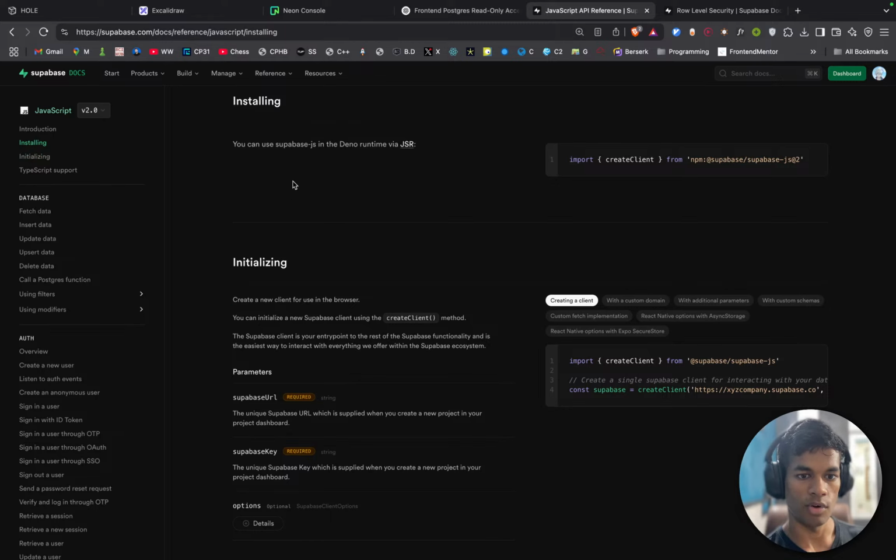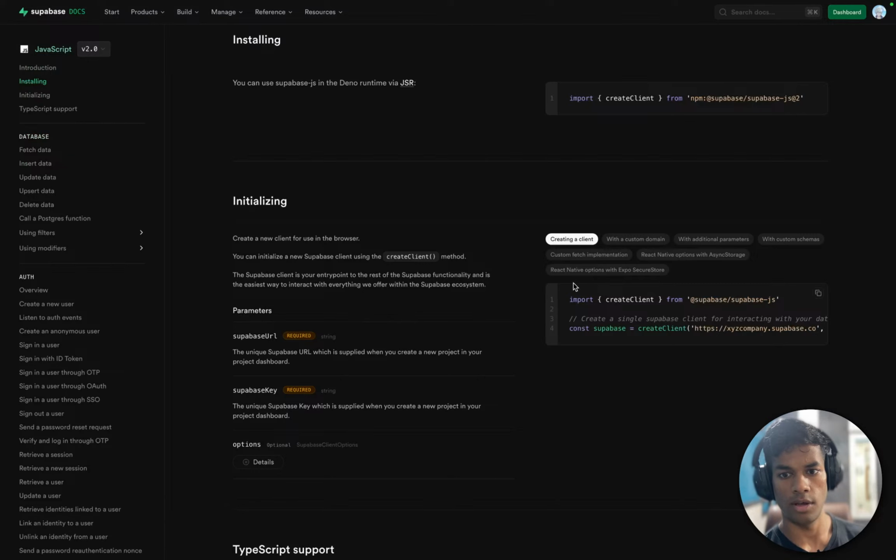This font is smaller than this font. Create a new client for use in the browser. Creating client. Okay, I can create a client like that. Const createClient is a dot public anon key.